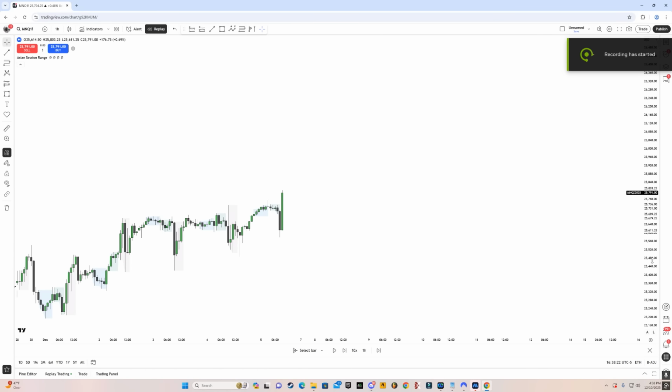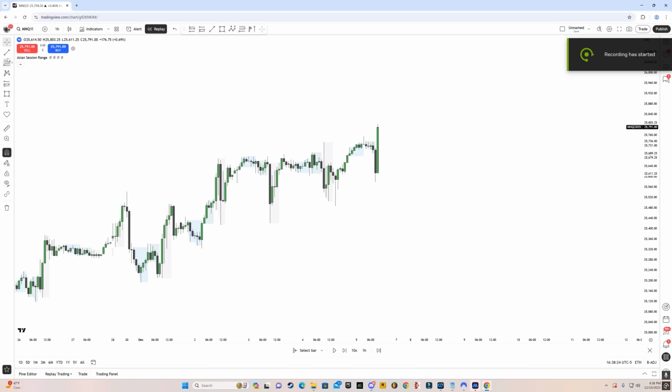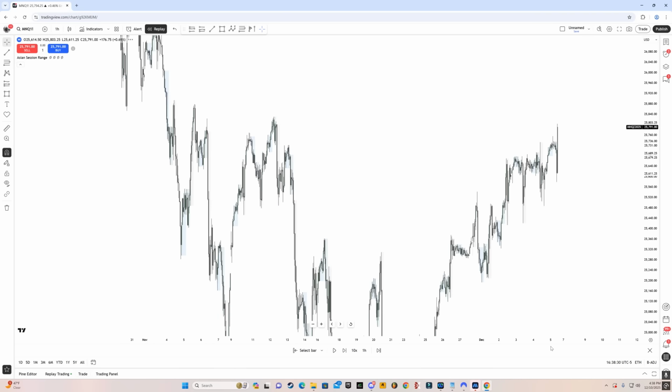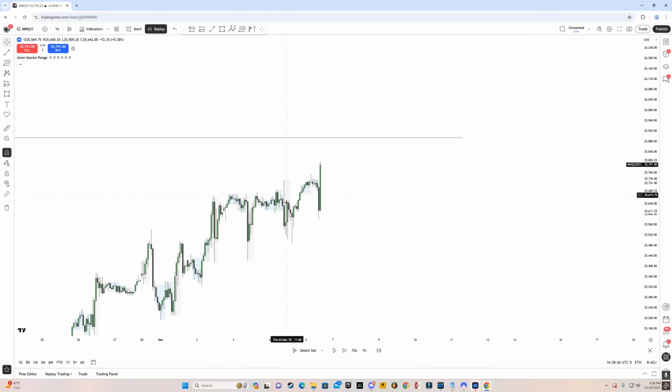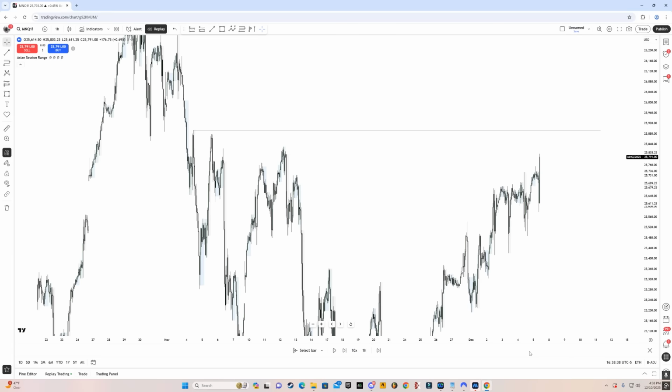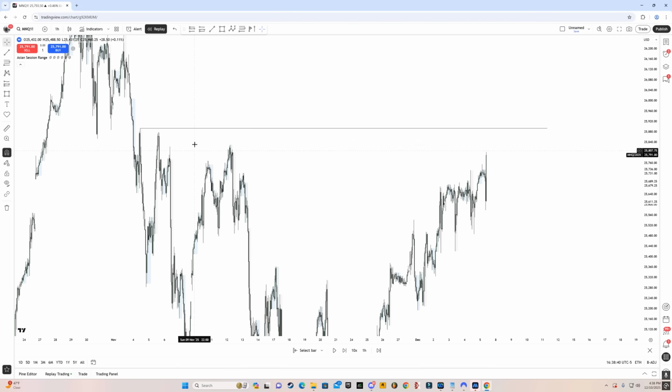All right, guys, here's another example. On the 1 hour, you can clearly see that we are respecting bullish PD arrays. We are creating higher highs and higher lows. And if I go back here, we can see that we have clear buy side liquidity to the upside. Okay, so if price is going up, then it has a target that it needs to go towards. And over here, we have these clean equal highs.